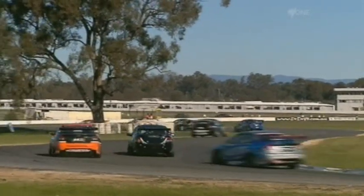And it doesn't really seem to be making too much of a difference, Rich. Evangelou leading. He's still with the H pattern. Shay Davies, who's leading the series, running the H pattern. A couple of guys running sequentials, newly introduced for 2013 in the Kumho series, as indeed is the BF model